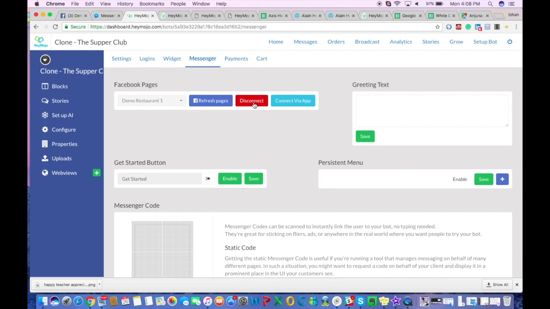Now after this I'm going to configure the get started button, which is basically the first button the user sees when he comes on the bot. He presses on the get started button and then the welcome message is fired. So to trigger the get started button, I'm going to click on this button over here,